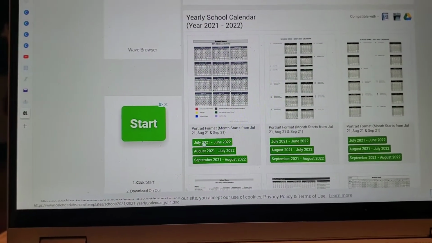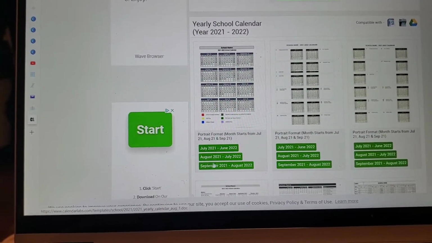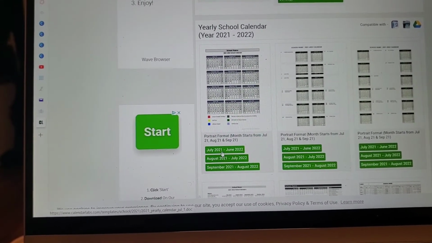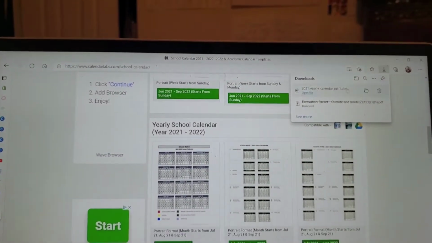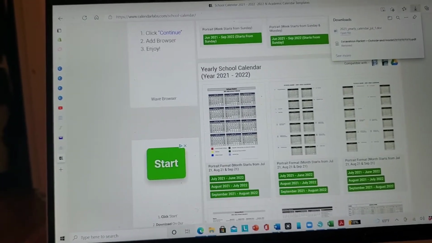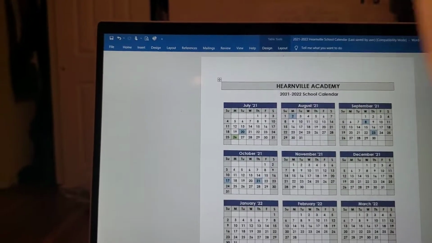So I use July to June because we start school in July. Or you could use August to July or September to August, whichever one you want to use. Then once you click it, it'll download to your downloads. And then you open it, so then it opens up in Microsoft Word. So what I did here was,